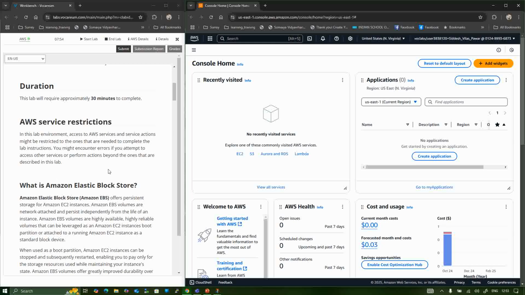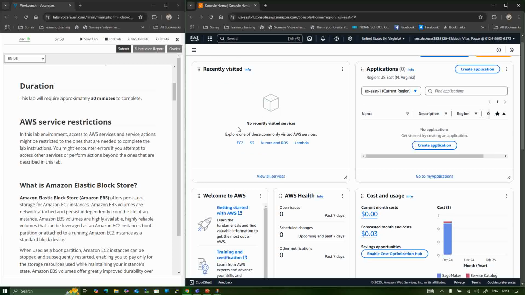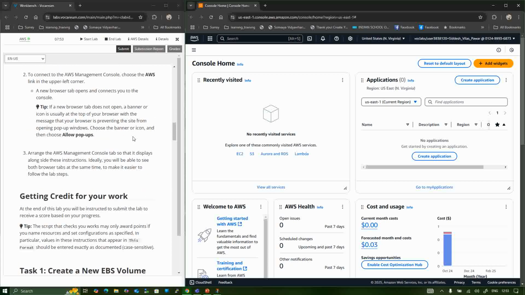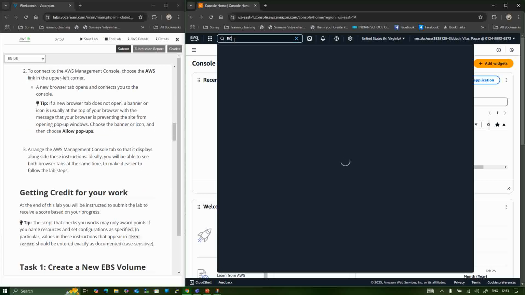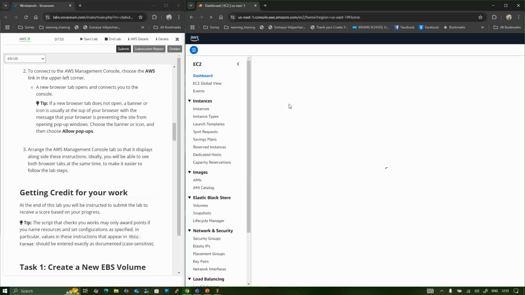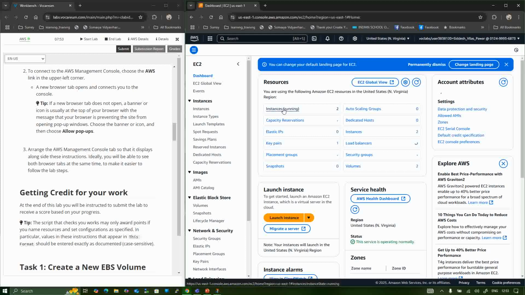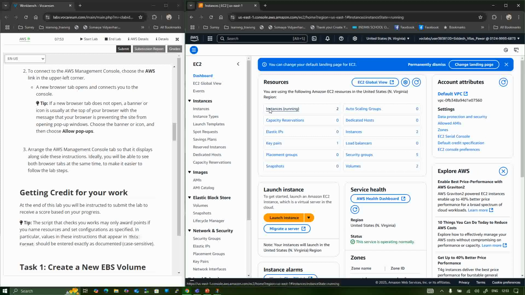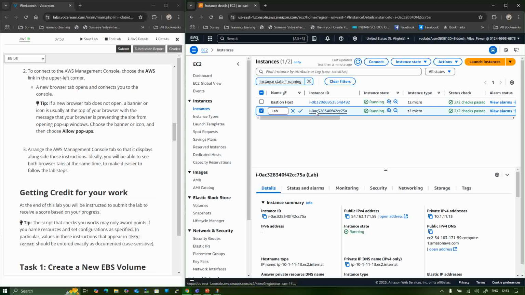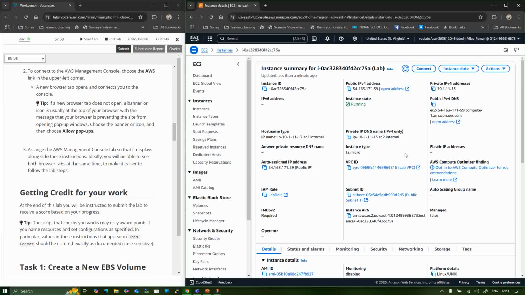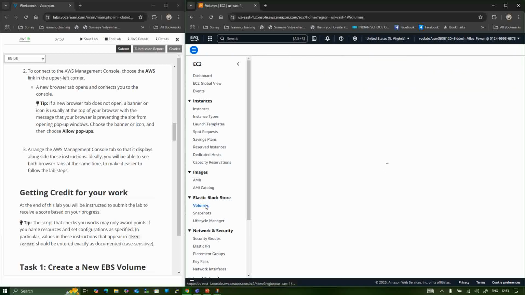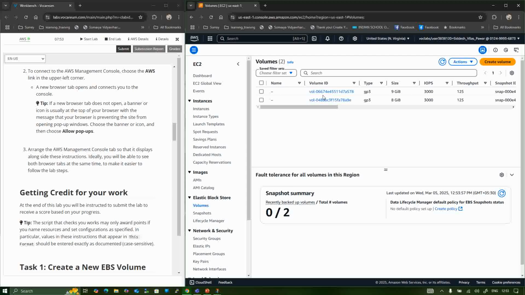To start off, as I've initiated a lab instance here, we'll go and search for our instances, EC2, and we'll quickly check whether we have an EC2 instance already deployed. If you see, we have a couple of instances running here, and this is for my lab. And if I go into the details of it, the associated volume to this instance is,